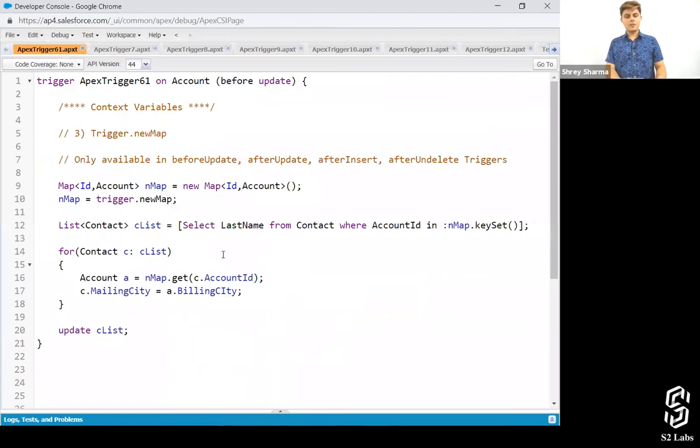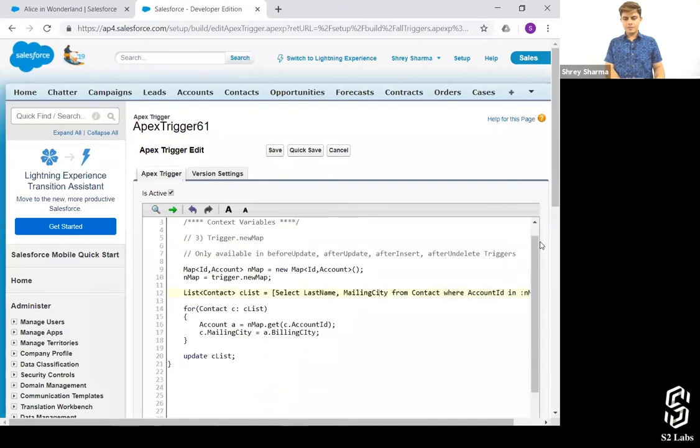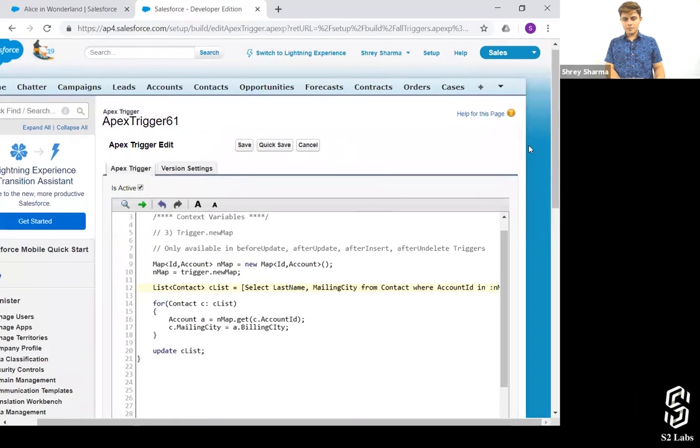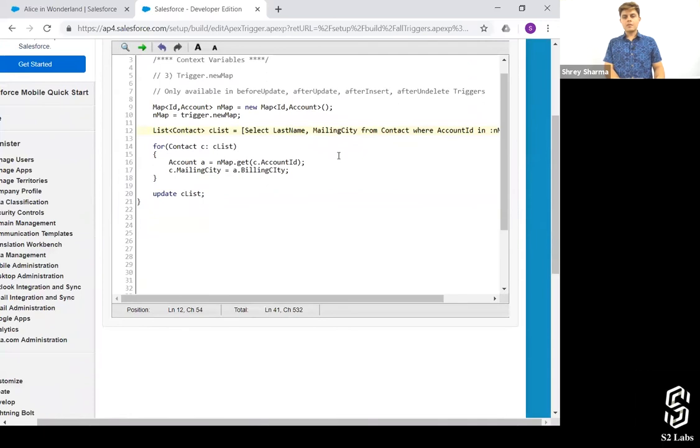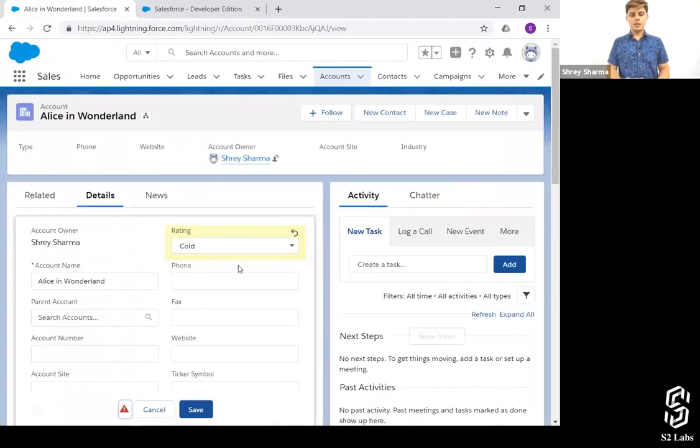It's active now. So let me close it from here. Let's have a look at the code in here only. Mailing city, okay. Active or not? Yes, it is active. Now let's go back to Alice in the Wonderland and make it warm.